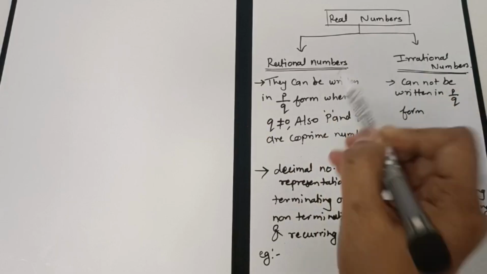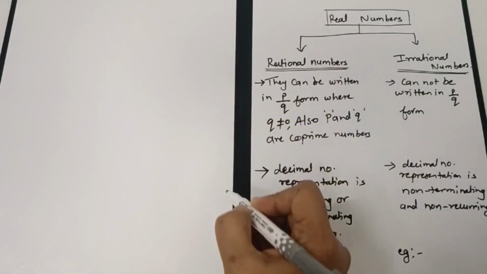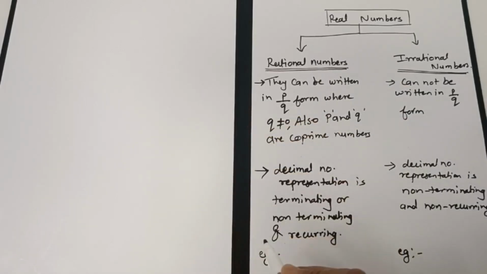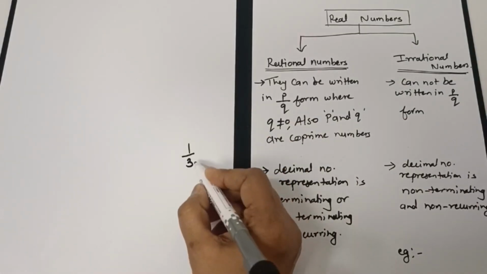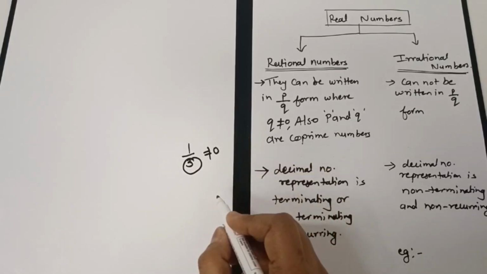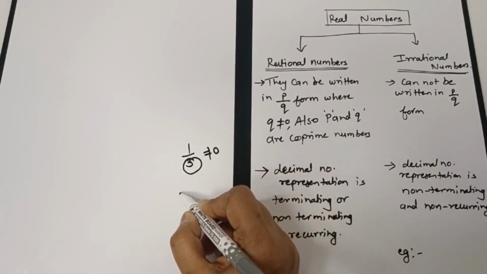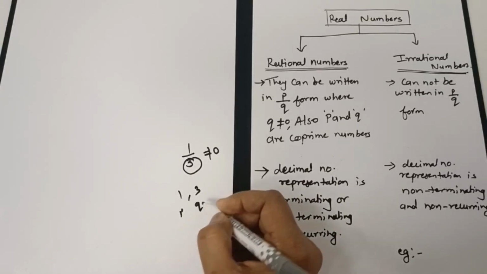Rational numbers are the numbers that can be represented in the form p by q, like numerator upon denominator. The denominator should not be equal to 0. For example, 1 by 3, where you see the denominator is not equal to 0. That is one rule. And another rule, these two numbers, like you have 1 and 3, that is p and q, they should be